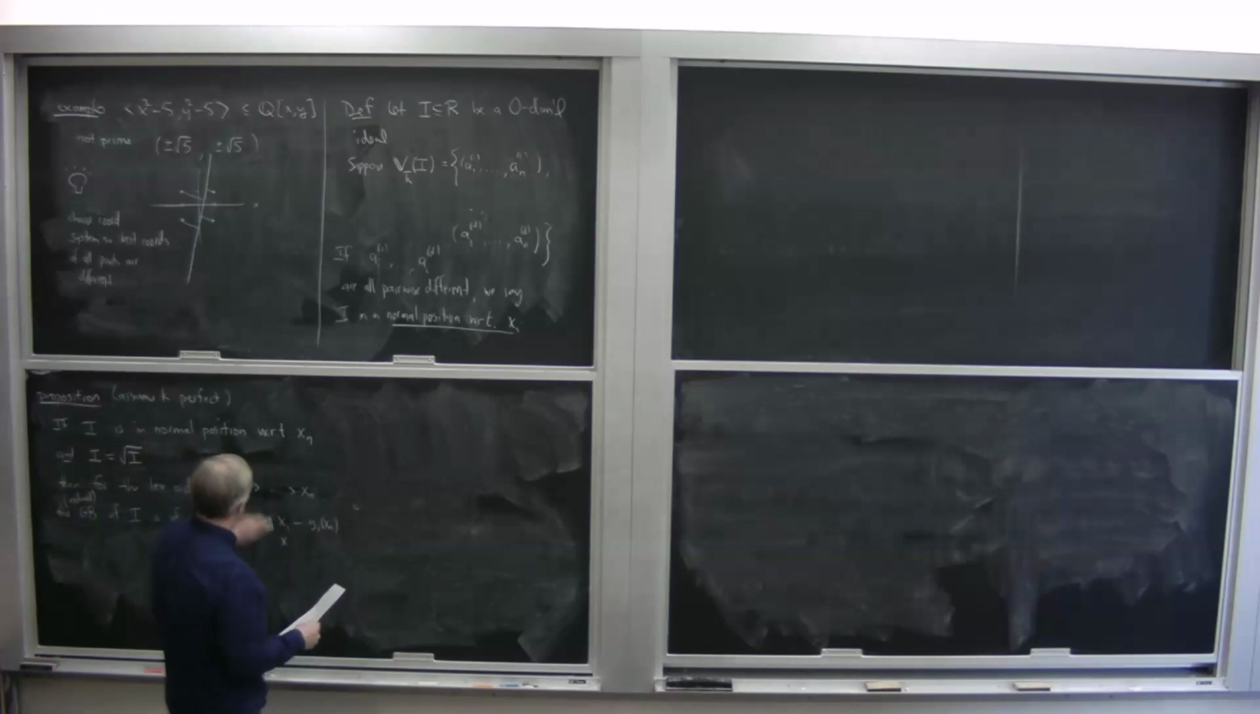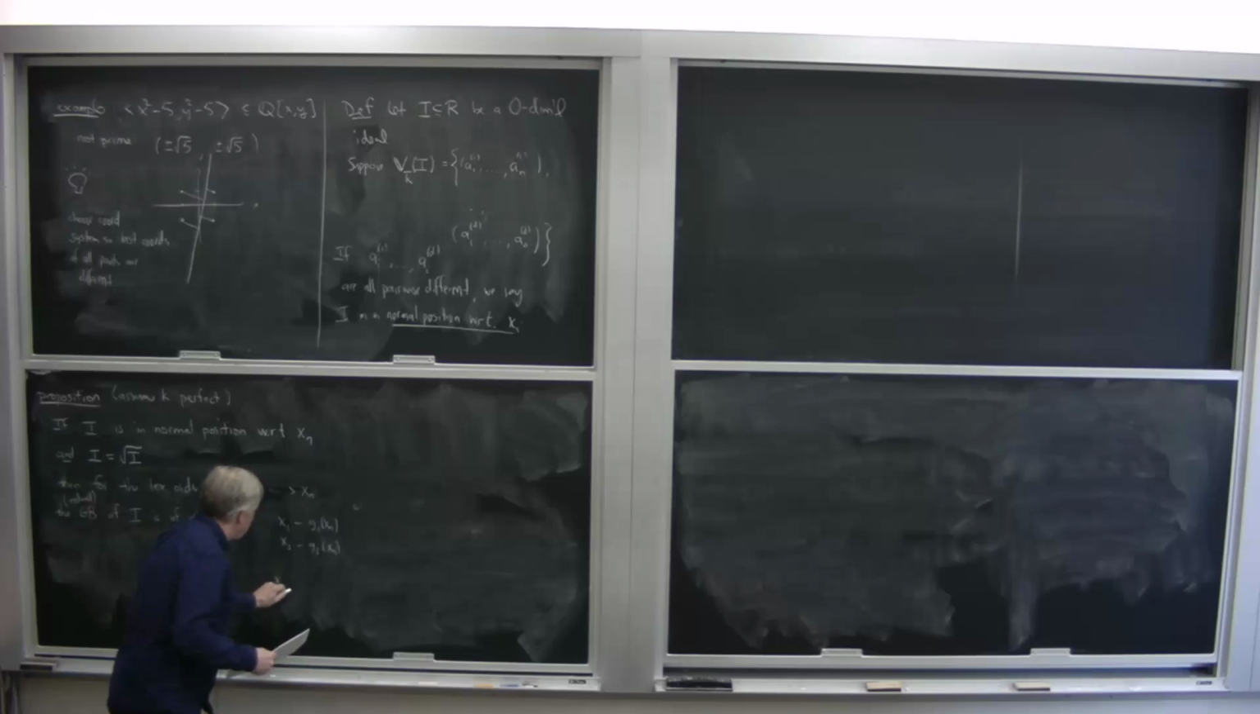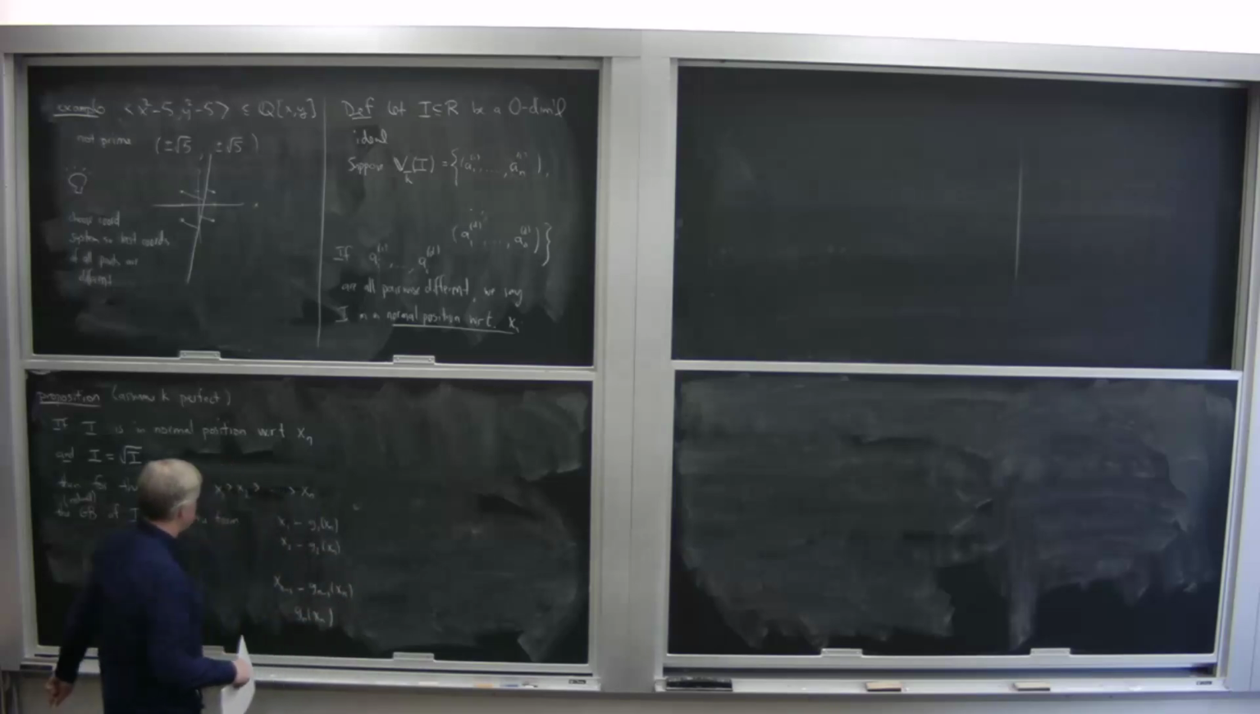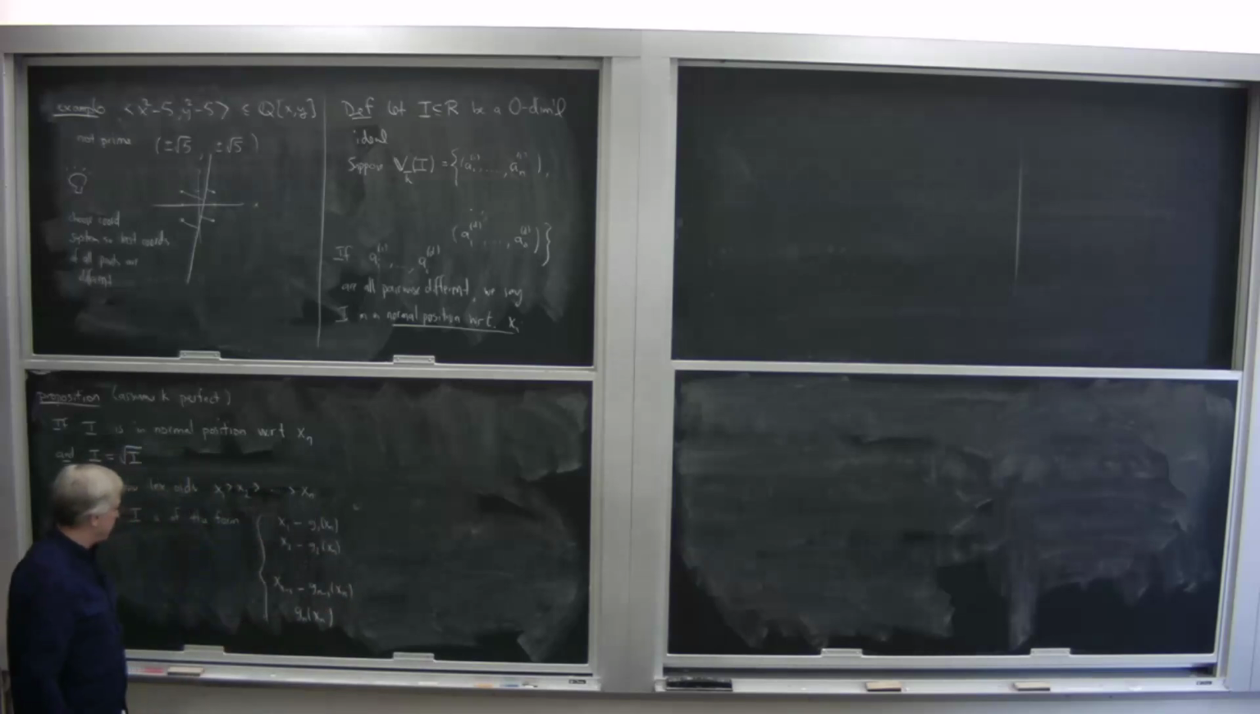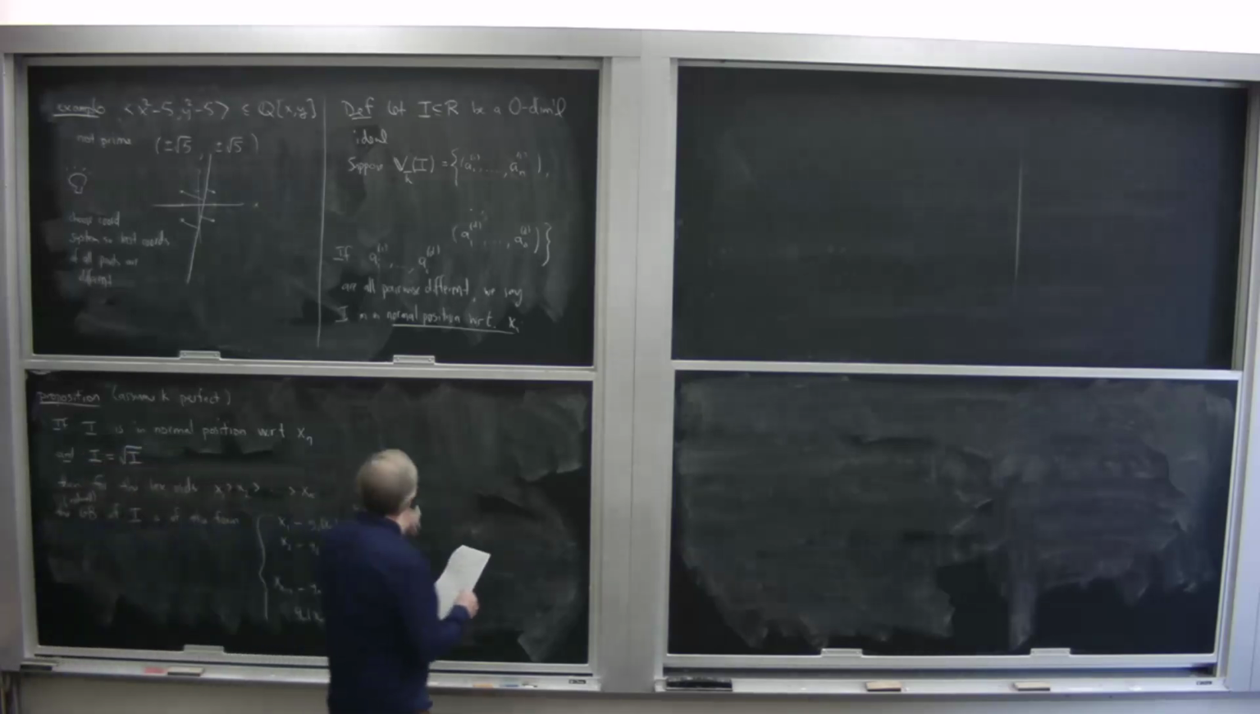Did I say it's in normal position? Yes, I did. X2 minus G2 of xn, up to xn minus 1 minus Gn minus 1 of xn. These are all in the last variable, and then G sub n of xn. So this is the Gröbner basis, this set of n polynomials, where what it holds,